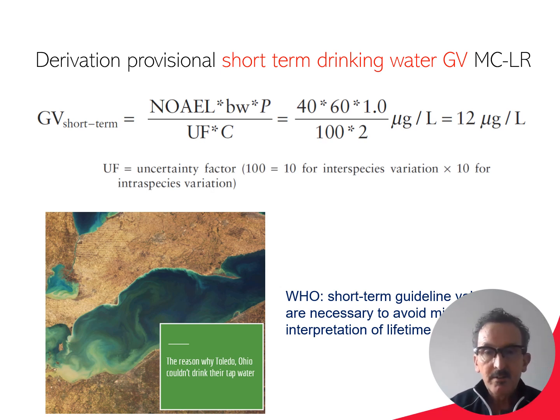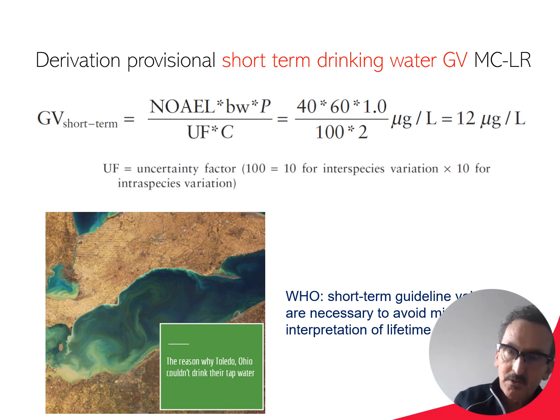So here is the derivation for a short-term guideline value for microcystin in drinking water. The P is now taken as 1.0 instead of 0.8. So we say for this brief period, all of the microcystin exposure comes from drinking water. But importantly, the uncertainty factor is not 1000 anymore, but 100,